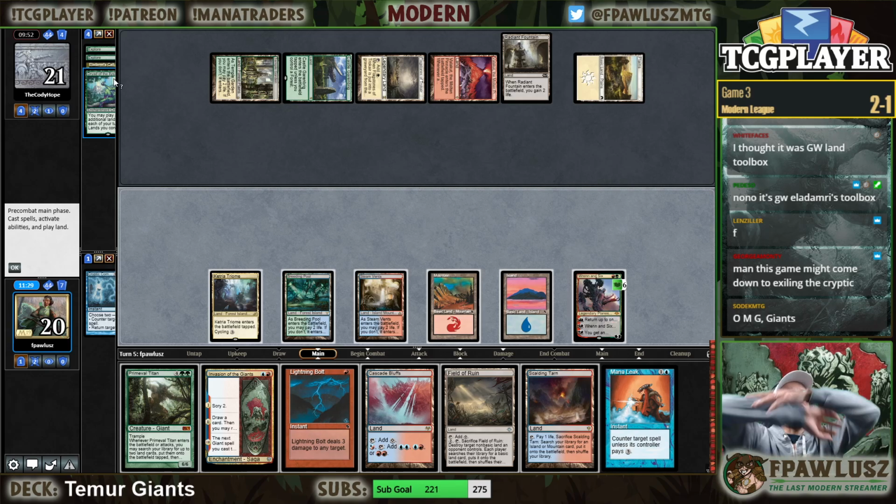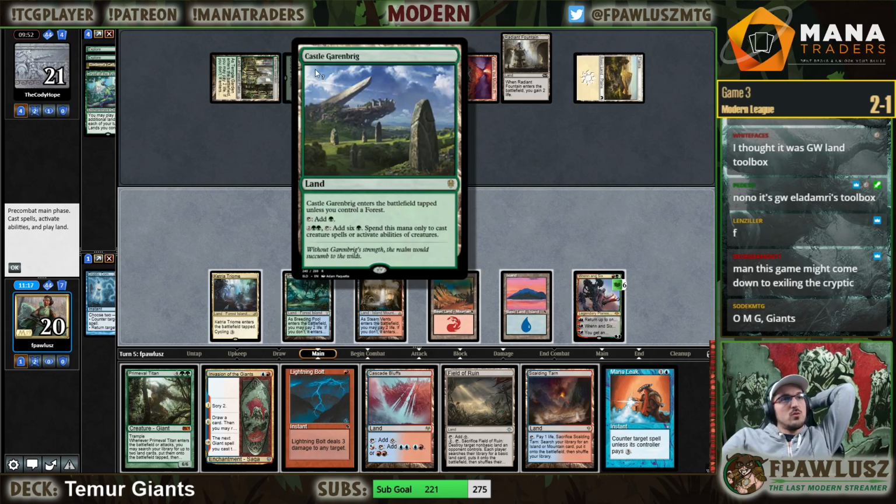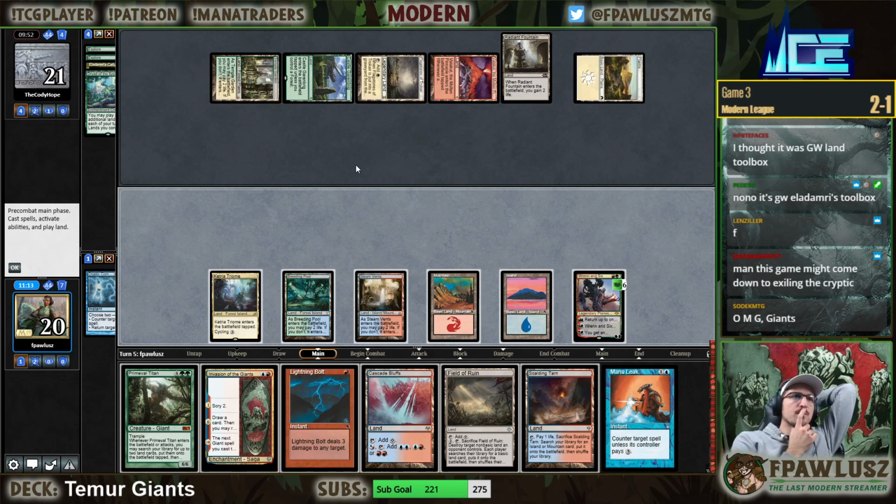So do I want to tap out this turn and play a Primetime? The problem with that is it's kind of bad if my opponent has their own Titan, which they couldn't cast last turn because they don't have double green to cast it. So they definitely might have a Titan in hand. So that being the case...